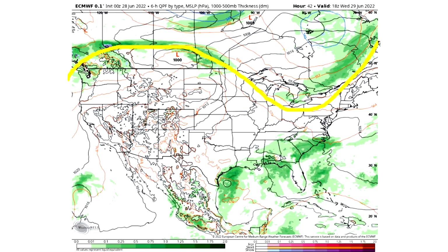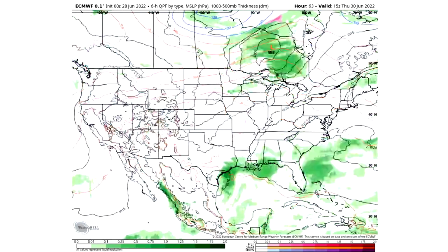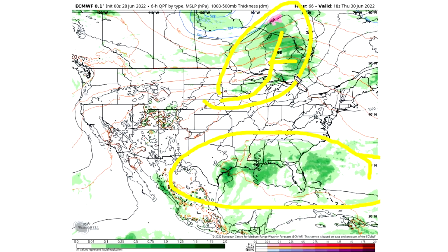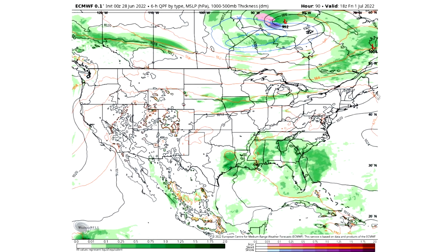We can see where the jet stream is. There's just a lot of activity in there along the northern United States. Thursday, June 30th, we continue to see this southeastern activity, Gulf State activity, etc. Basically, we see this cold front or this low pressure system here with the cold front stretching underneath as well, developing. Friday, July 1st. We have this low right here and then a stretching cold front just like this